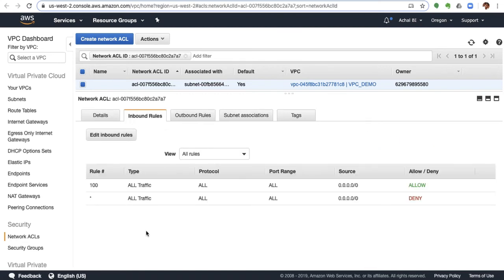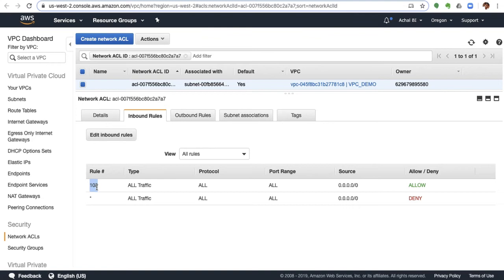Let's see what this inbound rule means. As I explained in a previous session, the 100 is a number. This is a number-based rule, and anything which you add will be executed in ascending order. So what this rule means is,